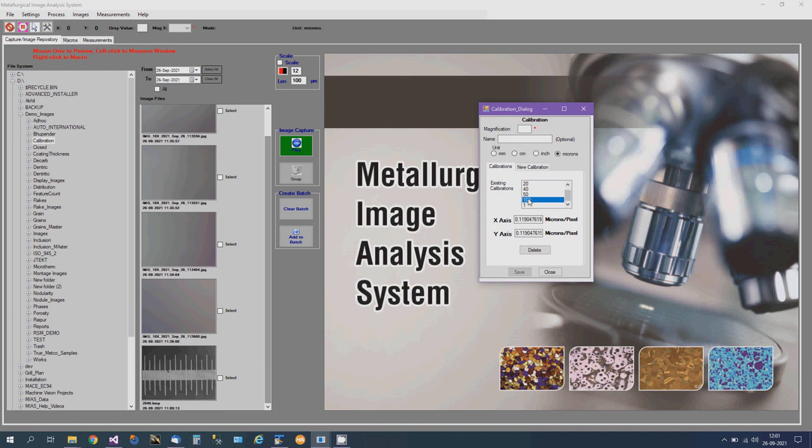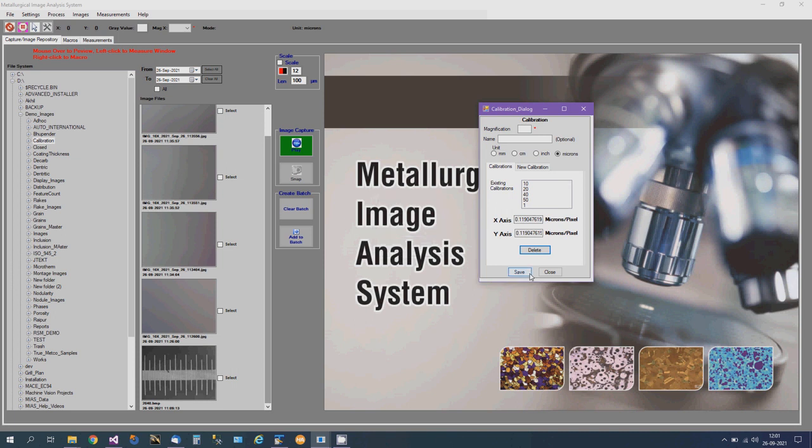If you want to delete anything, if you think that okay, I made a mistake, I need to recalibrate, no problem. You can always go to new calibration, and if you enter the same value 40 again and try to save, it will prompt you whether you want to overwrite. If you say yes, it will overwrite the data, or you can come here, select the magnification you want to delete and click on delete. See, it's gone from here, and click on save.